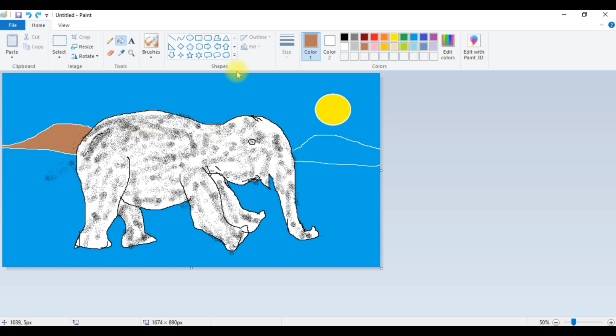Here some gap is there. So perfectly filled. We used it like this, and we can use all the shapes which we want.